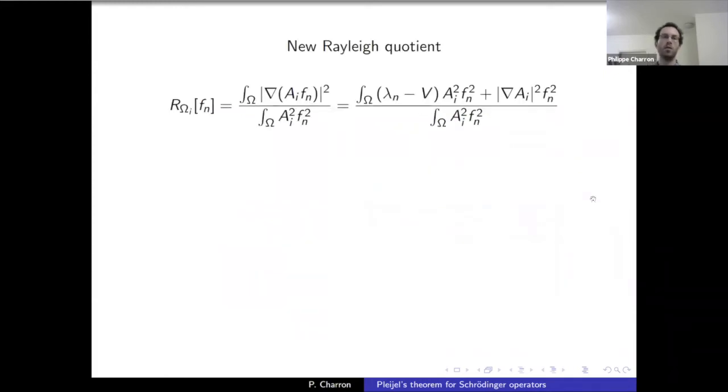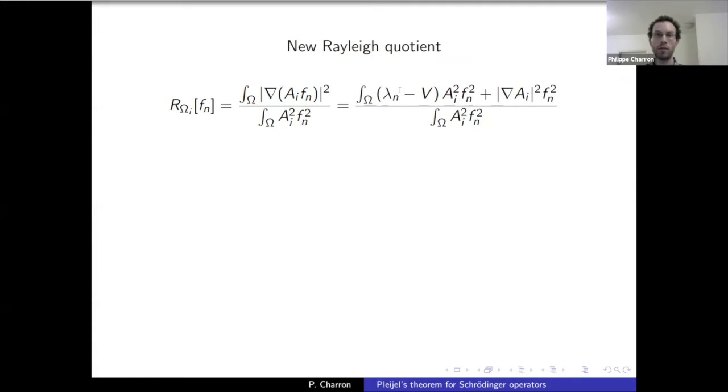Okay. Now, this is the only technical part of the talk. So maybe a couple of slides. The idea is that when you look at the Rayleigh quotient over this omega I, I pick an element in the partition, so AI, and I restrict myself to omega, which I cut with this localizing function here. And I look at the gradient divided by the L2. Now, because it has boundary conditions on omega, because either this is 0 or this is 0, you just use the divergence theorem and you get this.